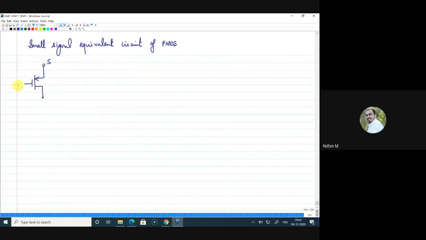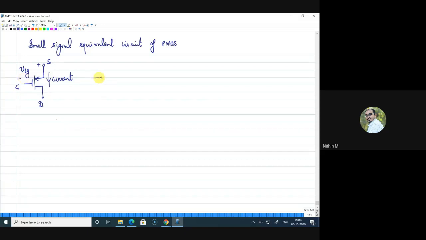This is source, this is gate, and this is drain. And we know that VGS will be negative, right? VGS, so the current is actually flowing in this direction. So source is at a higher potential compared to gate. Then only I can say VGS is negative. Or I can write this as VSG also, right? Anyway, I'll bring to the VGS term itself. So one thing to understand is source will be at a higher potential compared to gate. That is why for the DC potential also we say VGS is negative.